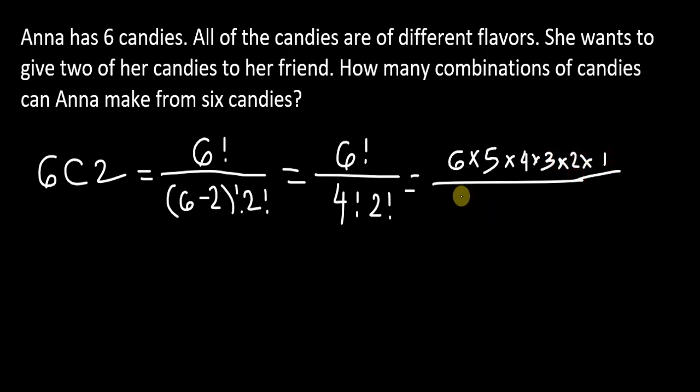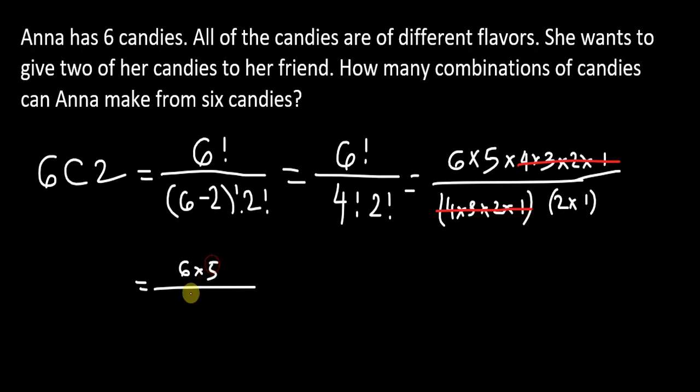And 4 factorial, that is 4 times 3 times 2 times 1. And 2 factorial, that is 2 times 1. Okay, kung napapansin nyo, again, parehong may 4 times 3 times 2 times 1. So, kakancel na lang natin yan. So, matitira na lang is